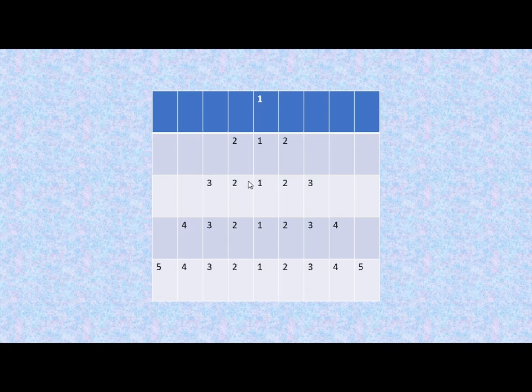Now when you look at this output, you will see that it can be divided into 2 parts. When we take this triangle starting from 1 and then this one, this can be considered as one triangle. So this is the left triangle. One variable will be used to print this left triangle, and we will need one more variable which will print the triangle on the right hand side. That triangle can be considered from 2 up to here. So this is how we are going to write the code for this output. So we need 4 variables. Now we will start writing the program.